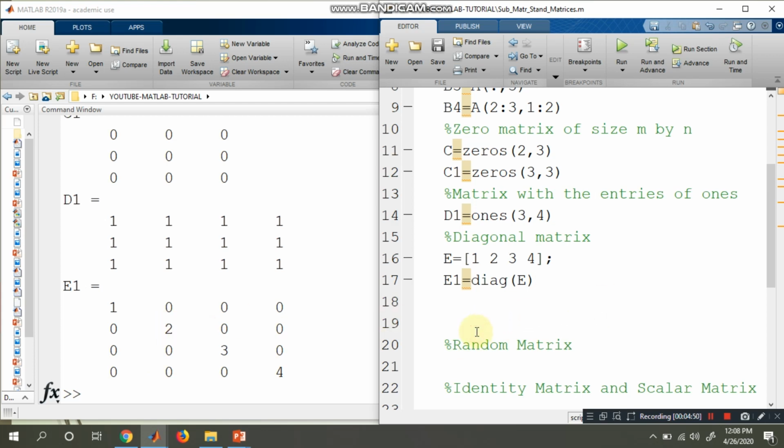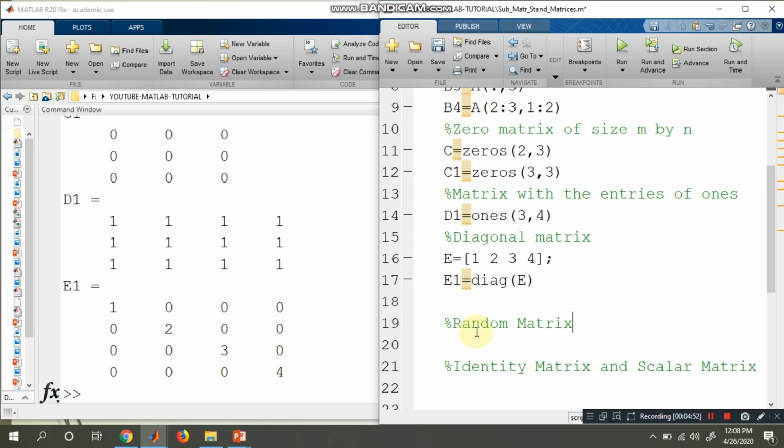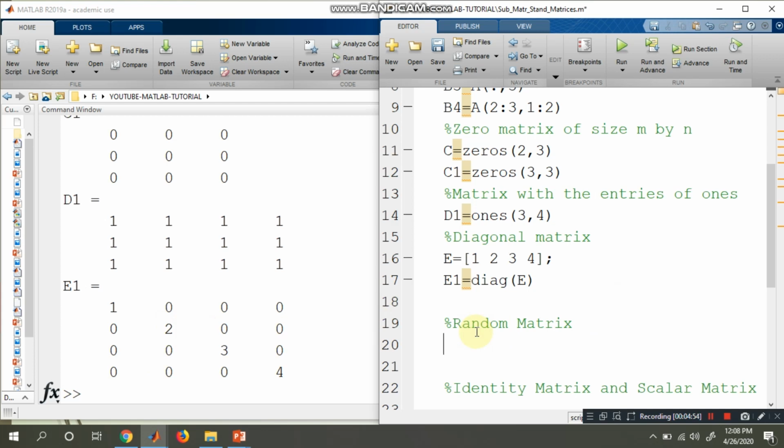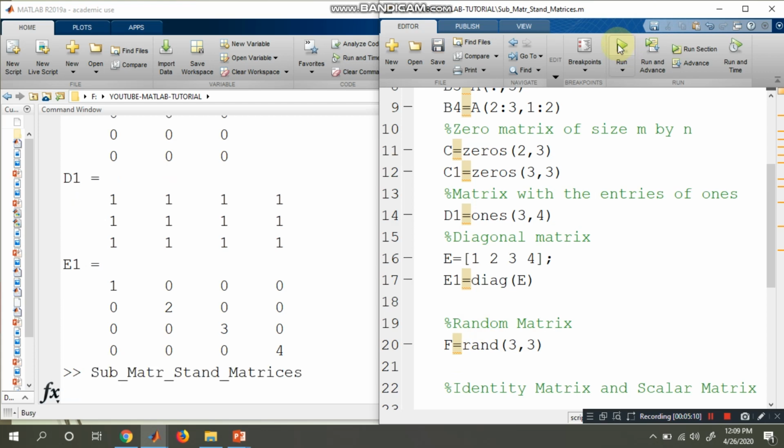Now similarly, what is a random matrix? A random matrix is nothing but a matrix of any size with different entries. Suppose F is equal to rand; this is the syntax. Suppose I would like to find a random matrix of 3 by 3. Once we execute, see what we are getting.